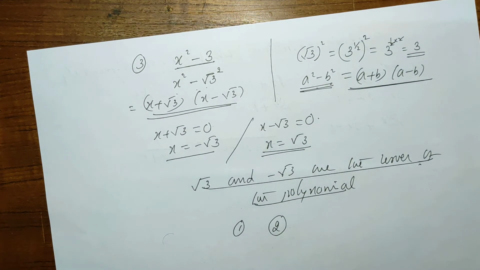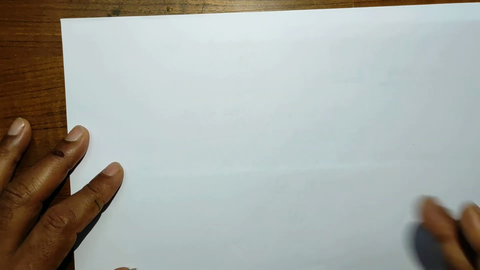Let us move on to another concept. How to write the polynomial whenever sum and product of the zeros are given. So,